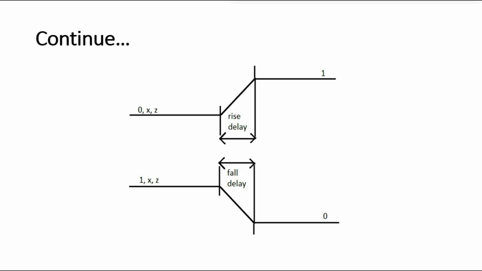These transition waveforms clearly show the rise and fall delays. Delays are the time gap where logic is changing from one level to another level. In case of rise delay, logic is changing from 0, x or z value to logic 1, or final value at logic 1. In case of fall delay, the logic values are changing from 1, x or z to logic 0. It means the final value is at logic 0. In case of turn off delay, the final value will be at logic z from logic 0, 1 or x.